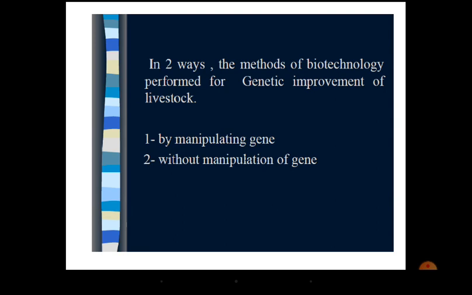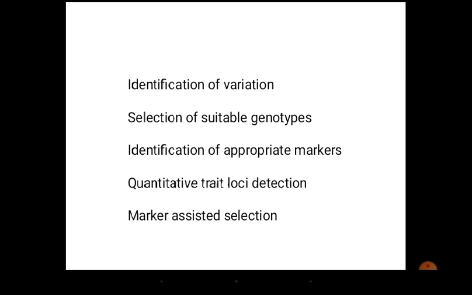If you seek genetic improvement through manipulating genes, we should identify the variation. You can just write down those two or three points there. Identification of variation at the trait level, that is milk production, for example, in the animal. Then the variation at the gene level. Variation at the gene level, when studied properly on a large number of animals, will help you identify genes associated with higher production also.